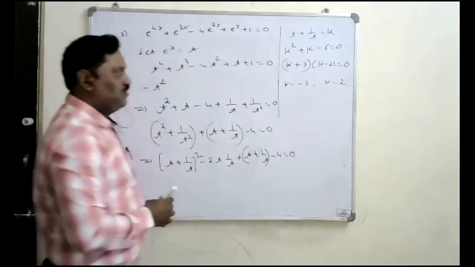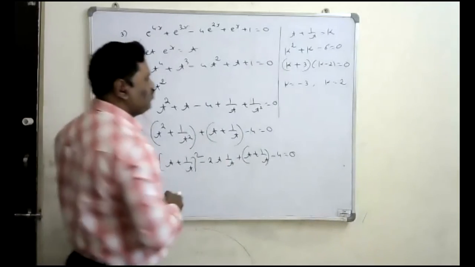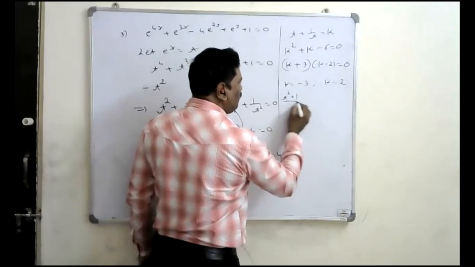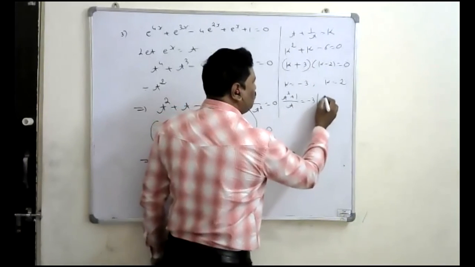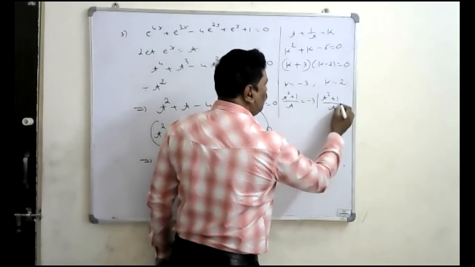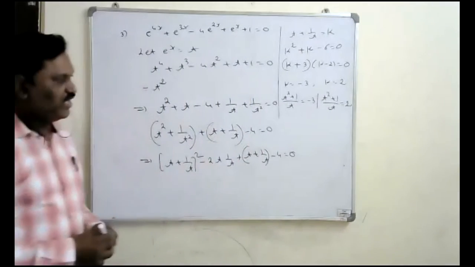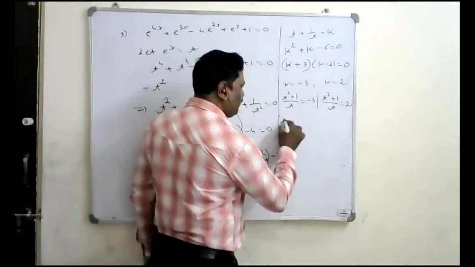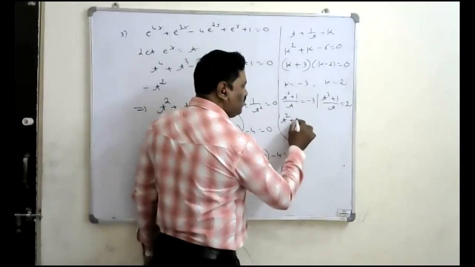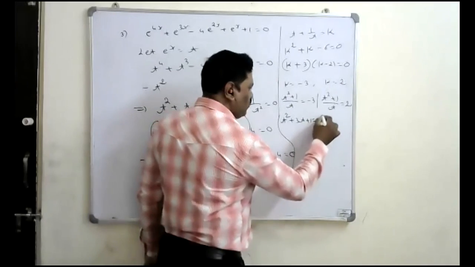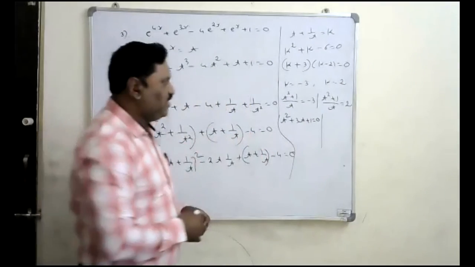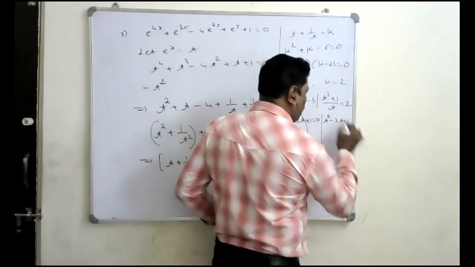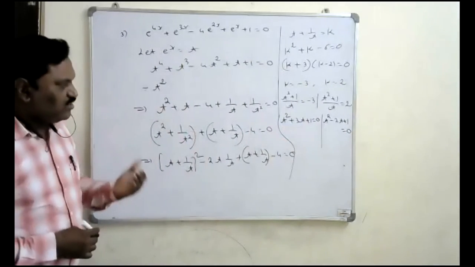Right? So k means here t plus 1 by t. Putting the LCM there, t square plus 1 by t is equal to minus 3, and t square plus 1 by t is equal to 2. Okay. So like that again we are getting two quadratic equations. We have to solve them now. So it is t square plus 1 equal to minus 3t. Bring this over: t square plus 3t plus 1 is equal to 0. Right. Then here t square minus 2t plus 1 is equal to 0. Okay. So again we got the two equations here.